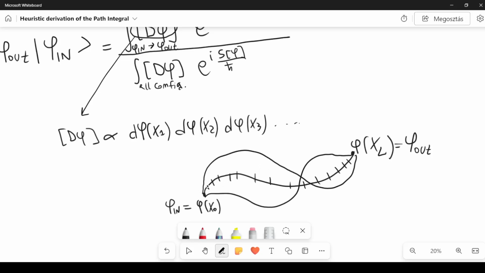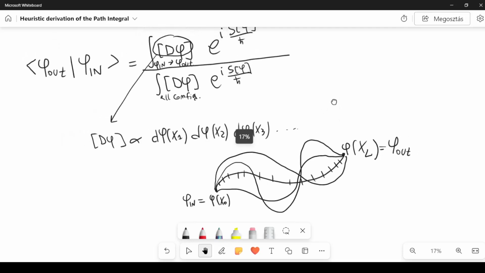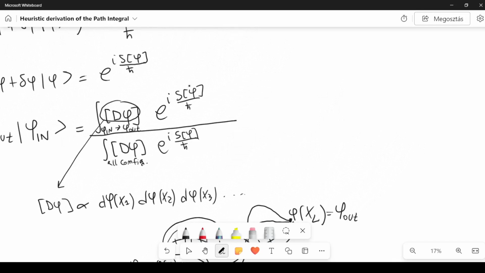And it's similar to the concept of the action. So in this case, you have to integrate over all these possible paths, and the paths that will give you the greater contribution are those that are close to the most likely path. What is the most likely path? How can you define it? Well, if you consider this exponential here,